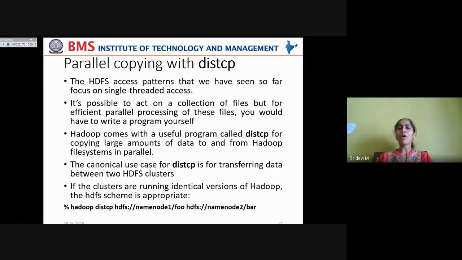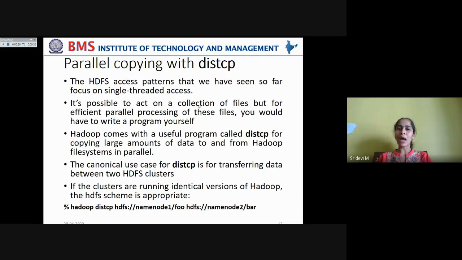Now let us see how parallel copying is done by using the distcp component. The HDFS access patterns that we have seen so far focus only on single-threaded access, right? Only one read operation or write operation takes place at one point of time.